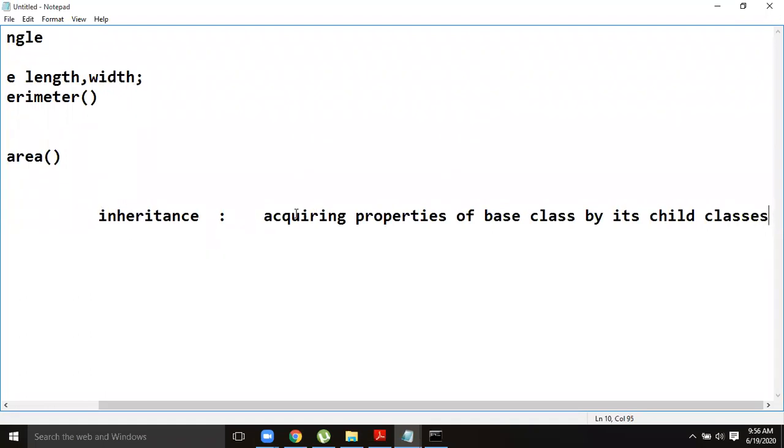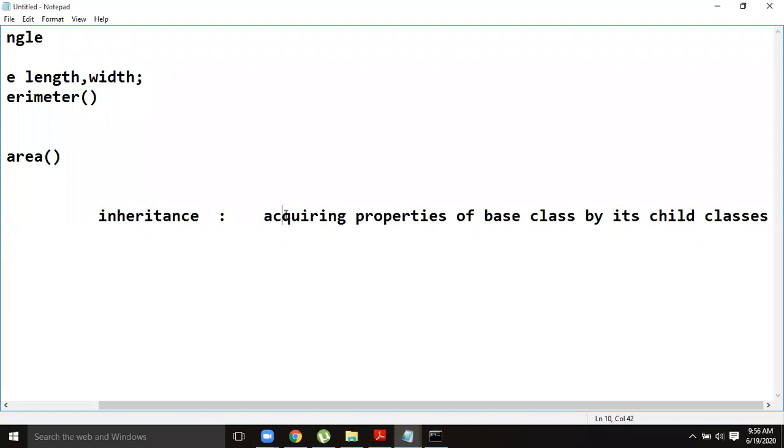Inheritance means, if you have created a parent class, the very first beginning class, that is the base class. If the base class contains some properties, and the children want to use the same properties in them, I will explain in the inheritance concepts.